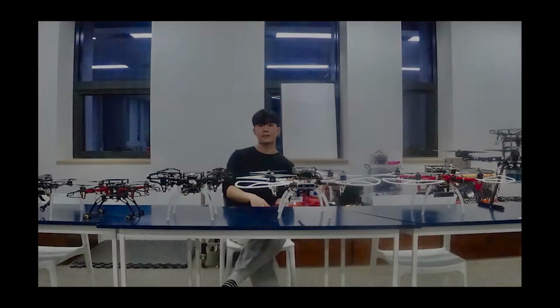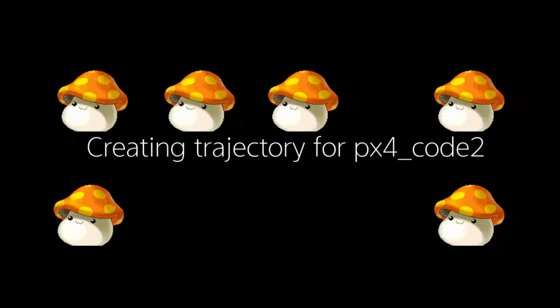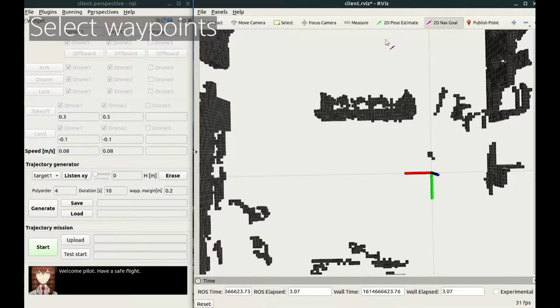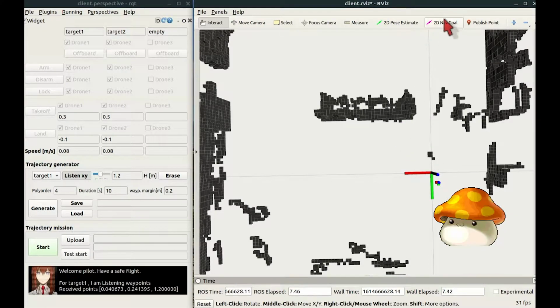Carry the torch. In the previous video, I loaded trajectory text files. This video shows how to create your own trajectory. After toggling to the navigate and listen XY button, adjust the height and width slider and then click the skeleton.